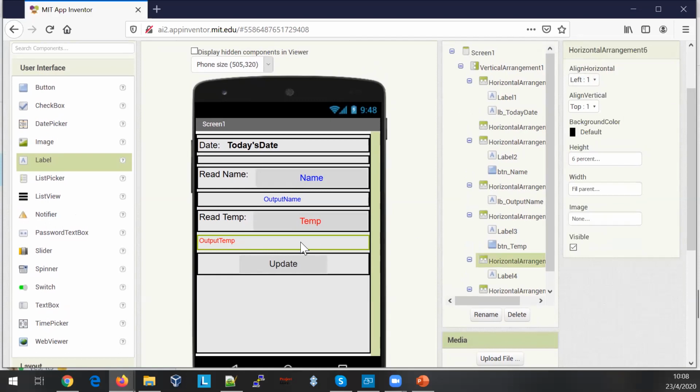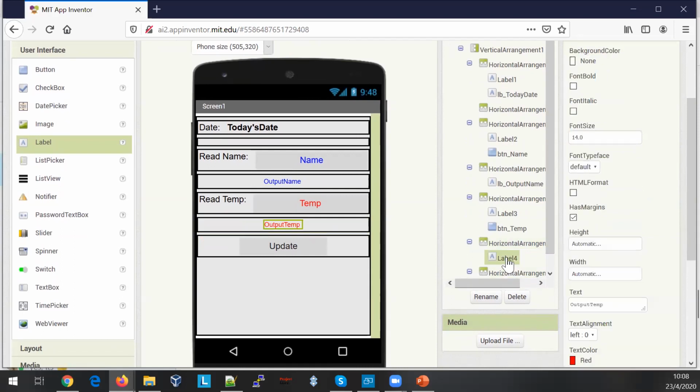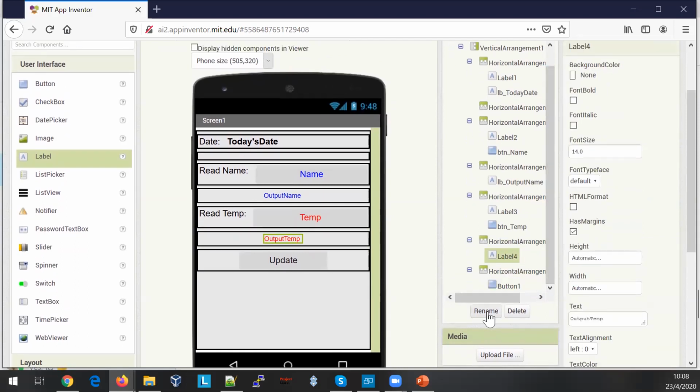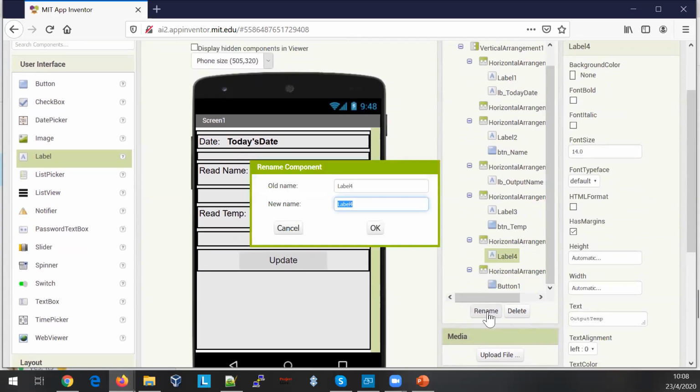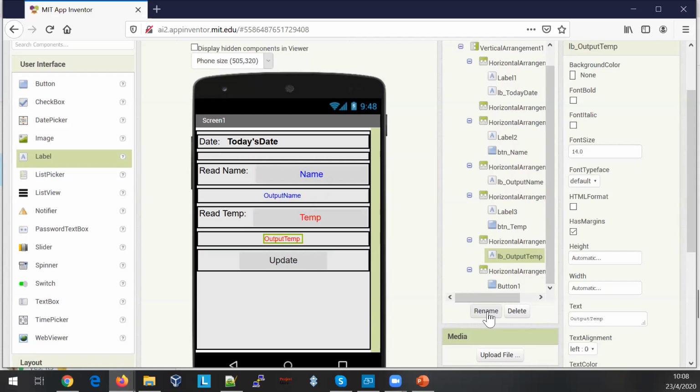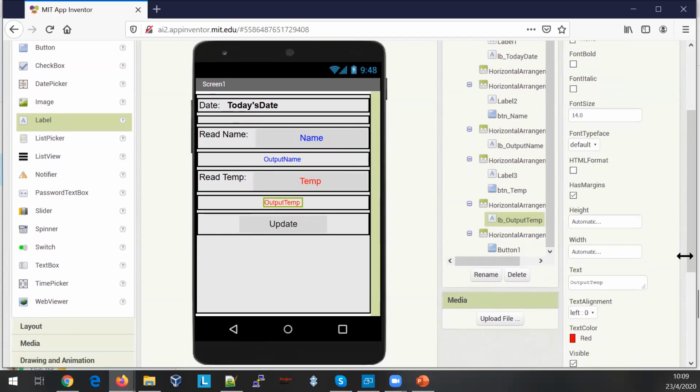Click on the horizontal layout that your label is in, center for the horizontal alignment, and center for the top alignment. And then lastly, change the name because you're going to do something with it. Let's rename it label output. Okay. So when you have done all this,